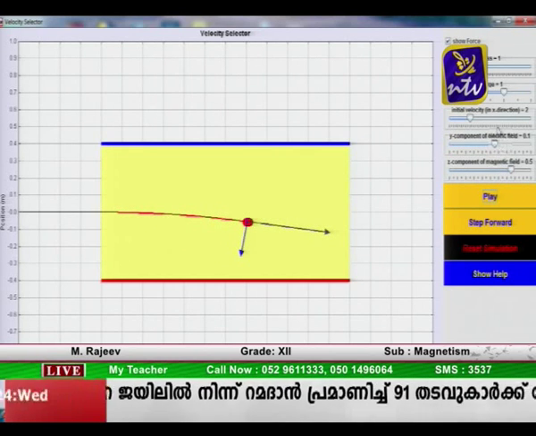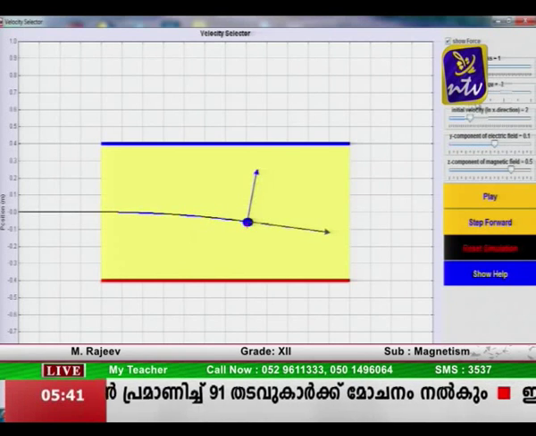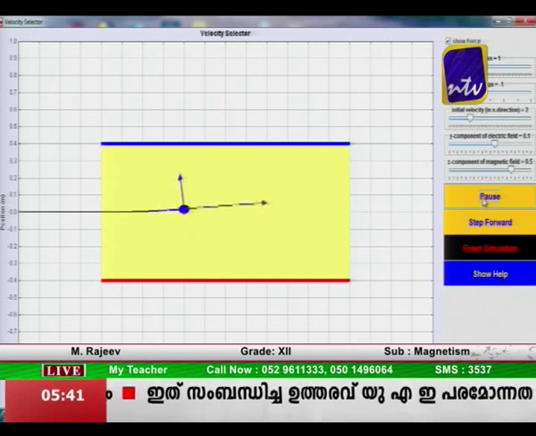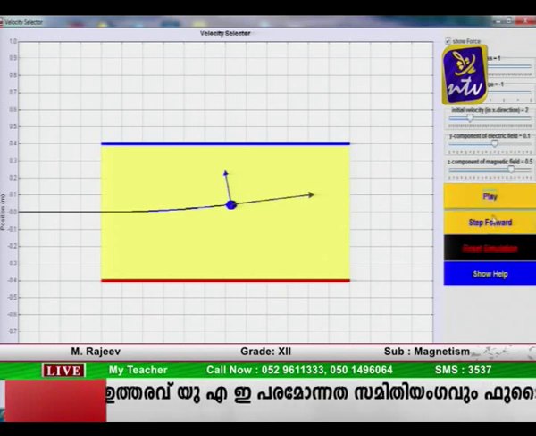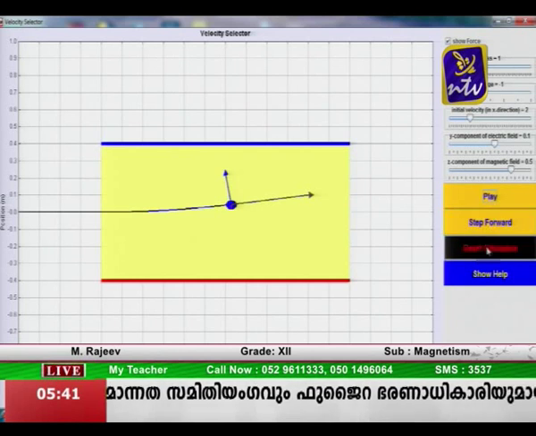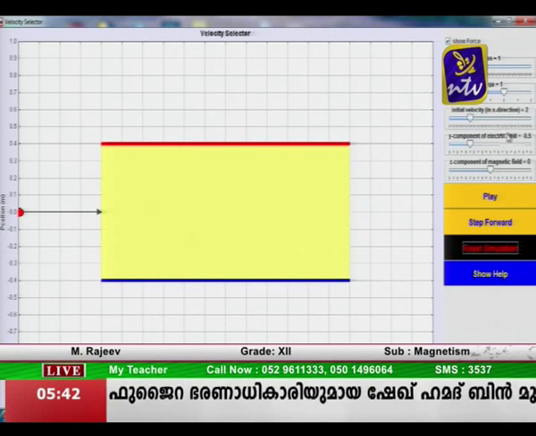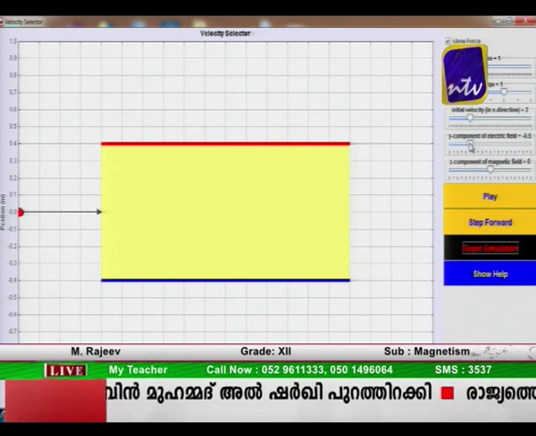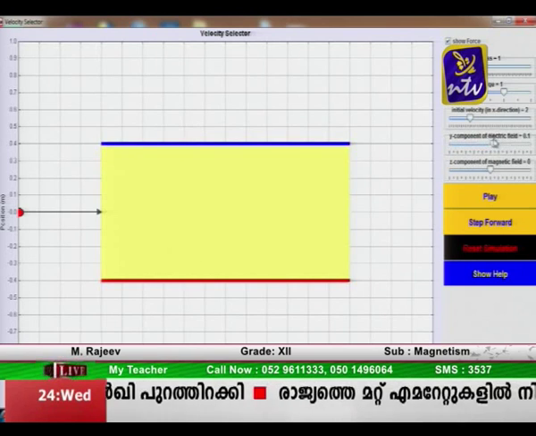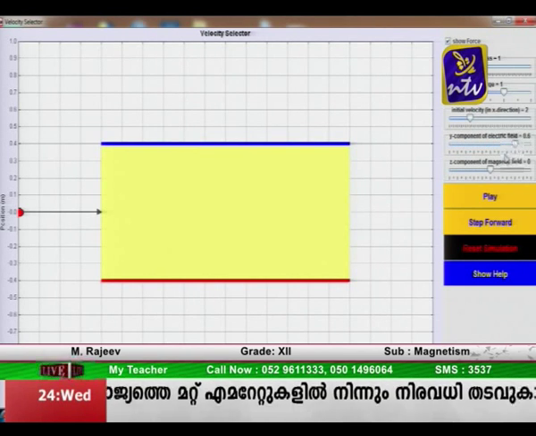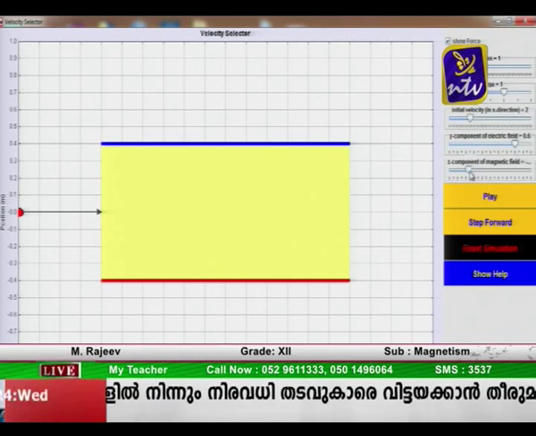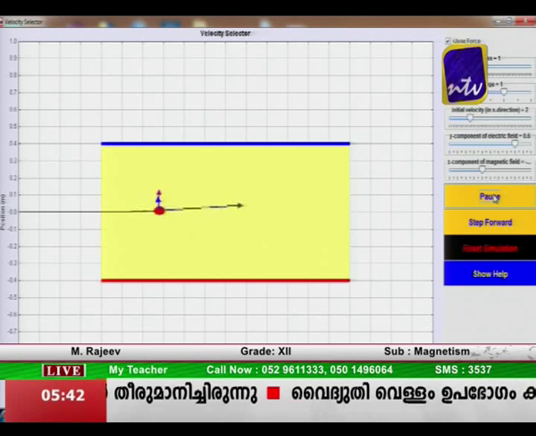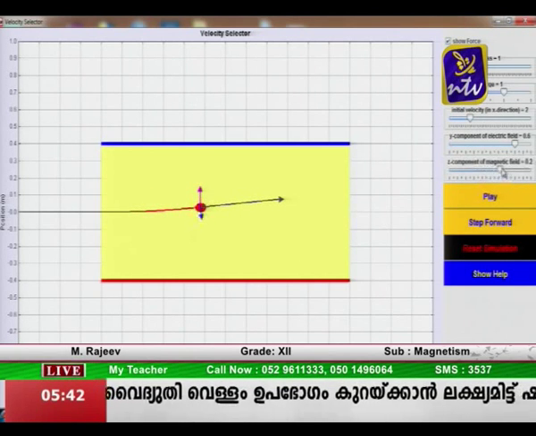How about if the particle is made negative? Okay, now you see what is happening. If the particle is made negative, both the forces will be acting upwards. Now what else? I am going to change it in such a way, again positive charge. The y component of the electric field we have here is minus 0.5. So I am going to change it to say 0.6, and the other one is, see, now what you see is both the forces add up. Now if I reverse the direction,